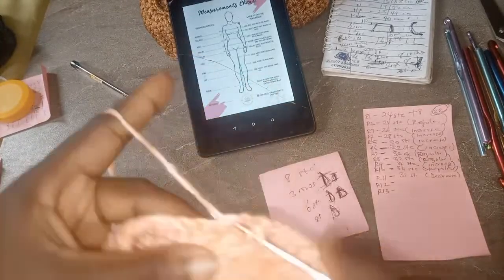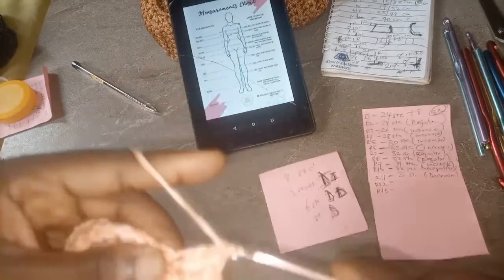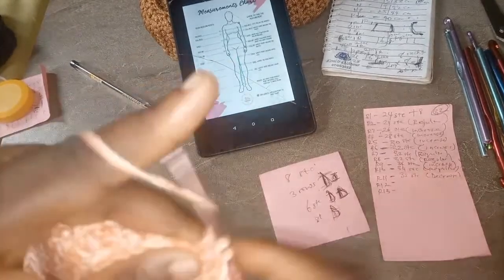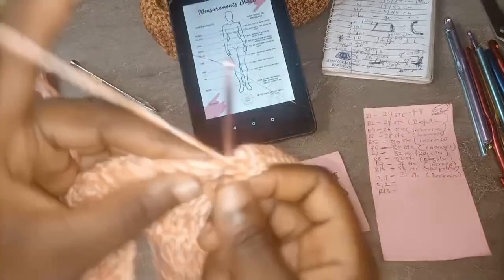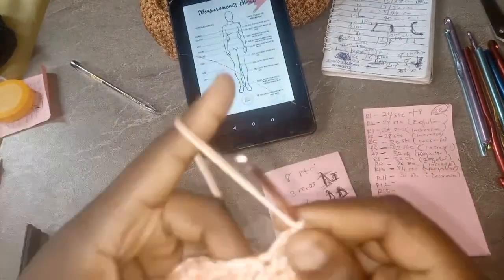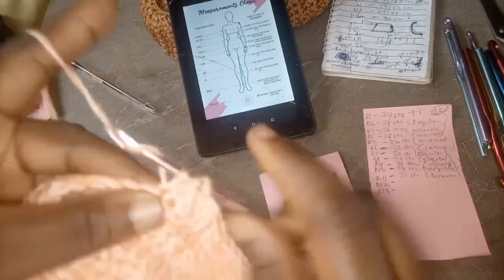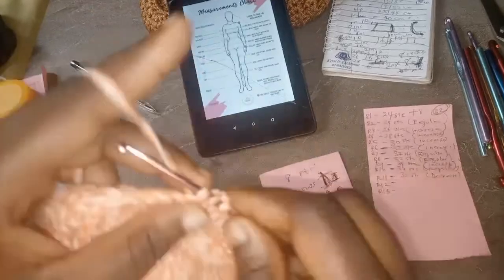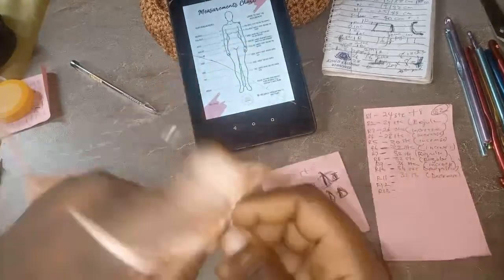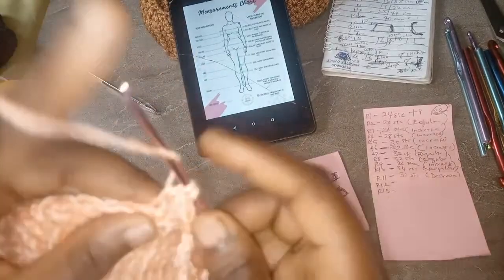So I want to do this until I have like 3 stitches left, so I'll be able to understand what I'm trying to say. Okay, so let me just hasten up with this, and once we have 3 stitches left, you'll be able to understand how to finish your decrease row.